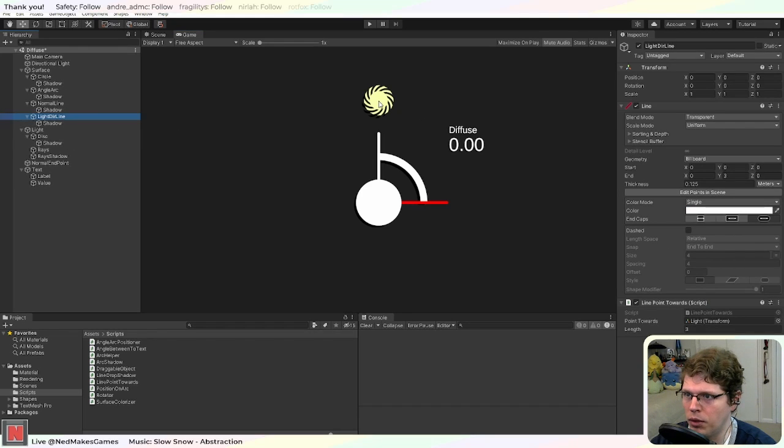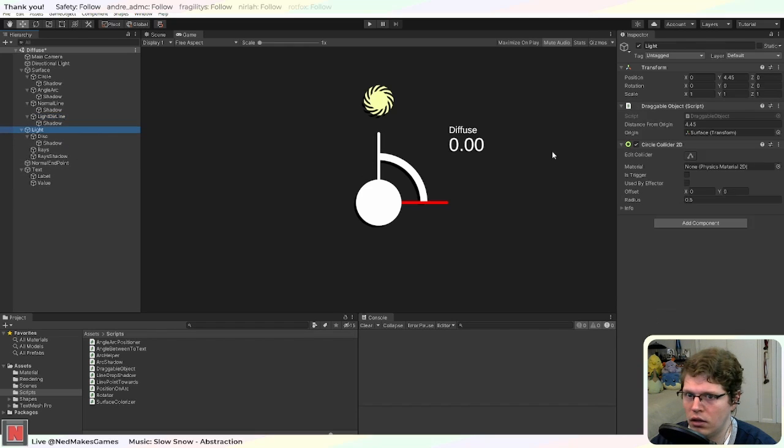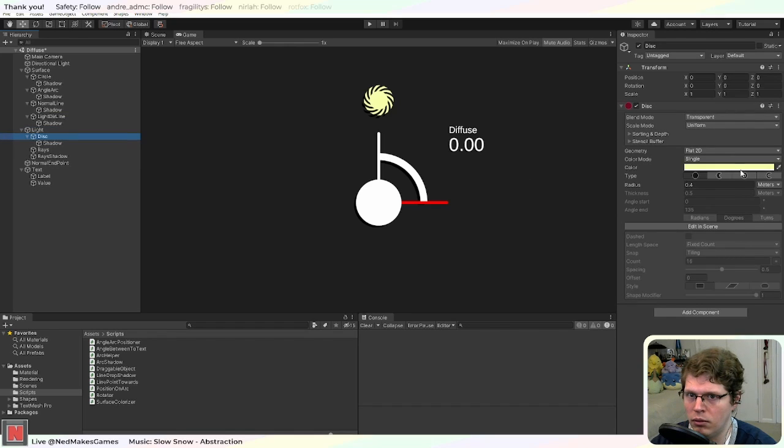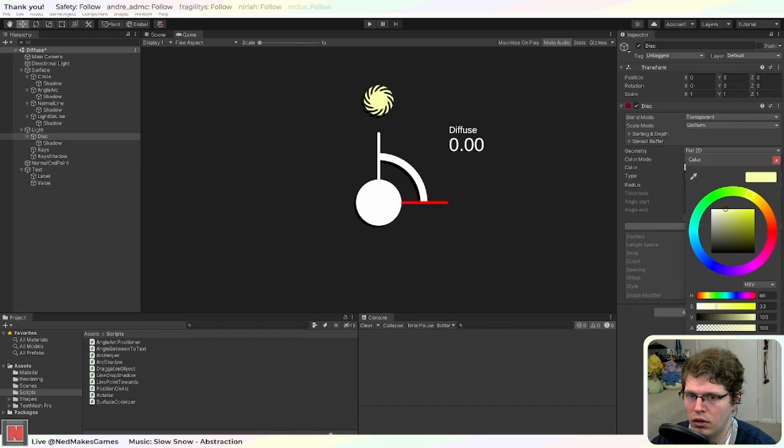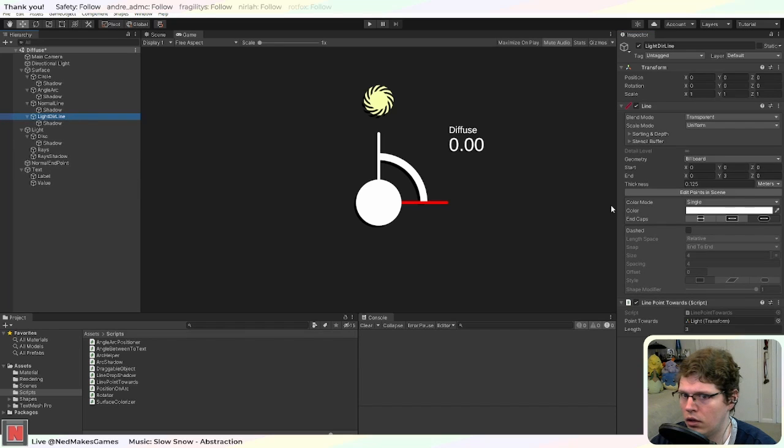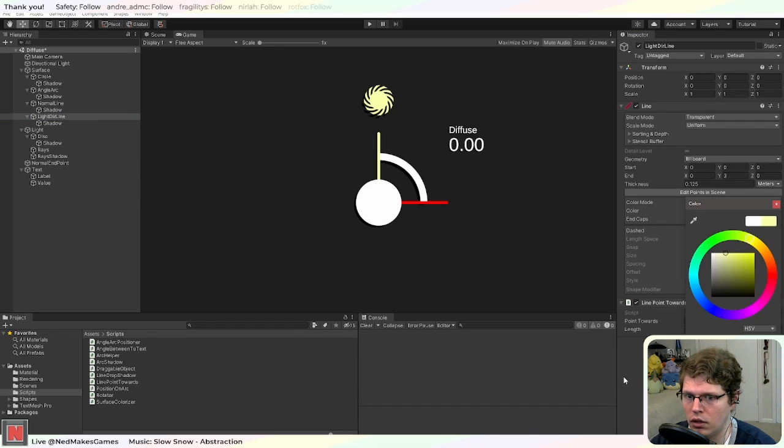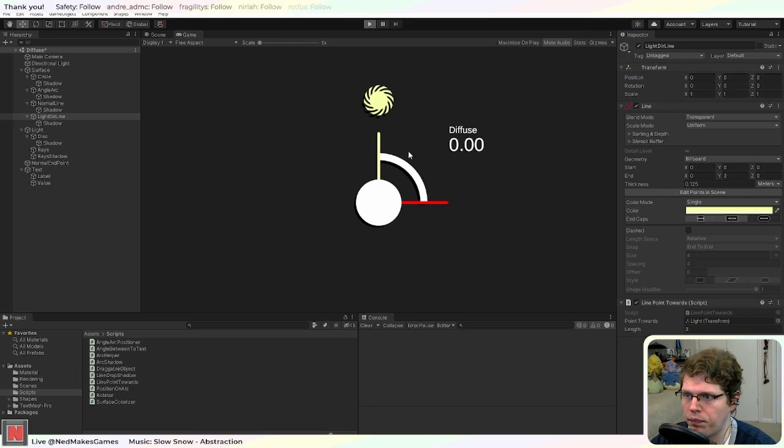And then I could also make the light color vector be the same color as the light. Let's see. I don't know. I kind of liked them white better, to be honest, but